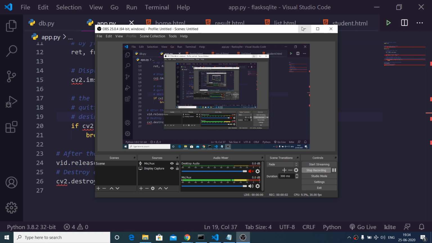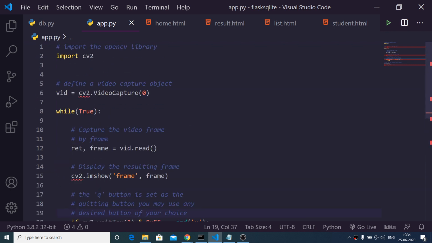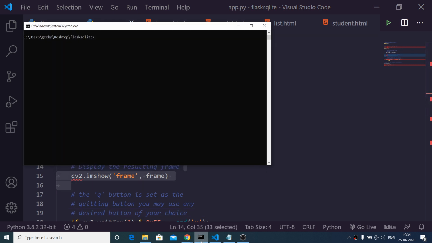Hello friends, today in this tutorial I will be telling you how to start your webcam in Python using a library which is OpenCV. OpenCV is a famous library in Python which is used for audio and video processing. And in this example I will be writing a Python script in which you will be able to show your